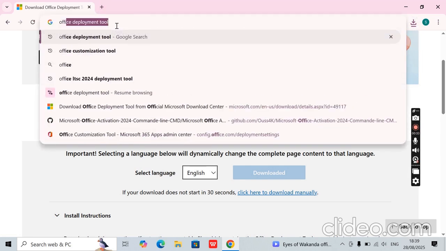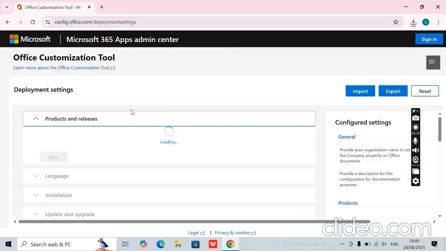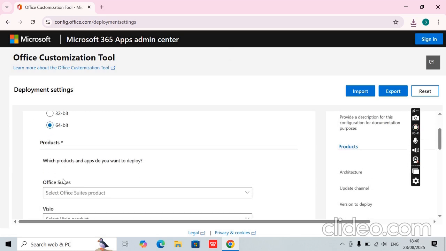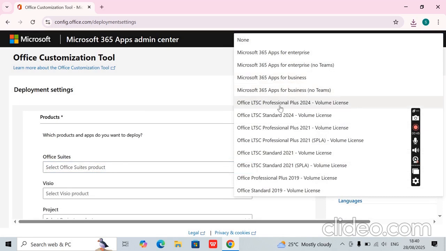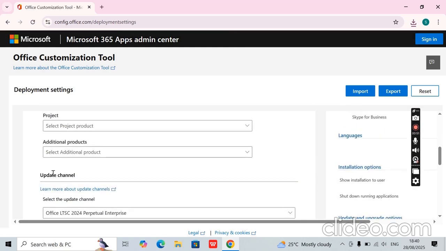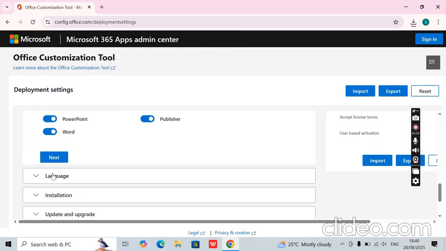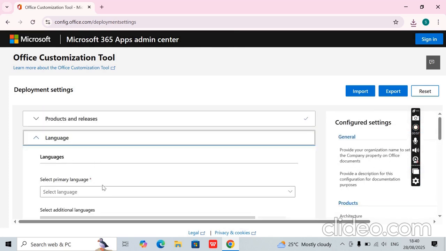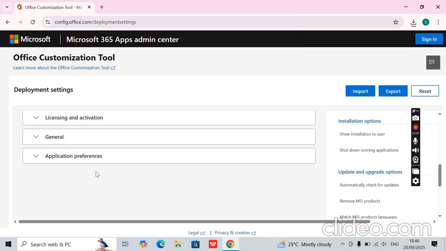Office Customization Tool. In this customization tool, click on Office LTSC 2024, then go to language and select Mac operating system, then